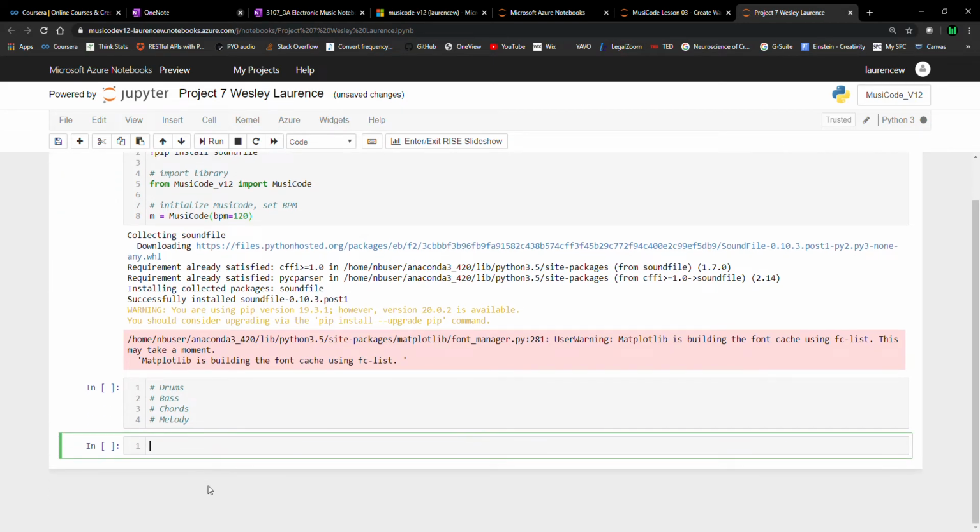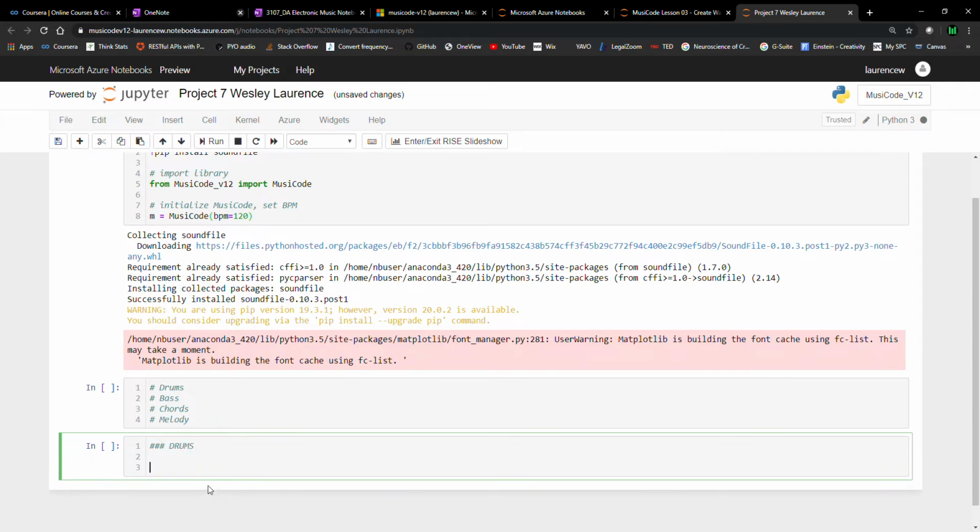Okay, so let's go ahead and we'll focus in on drums here for a second. So there is a method in MusiCode called sample. So let's go ahead and say m.sample. And the way that this method works is you pass in two different variables. The first one is going to be a string, which is a label for the sound category that you want. So I'm just going to say kick, and then comma,